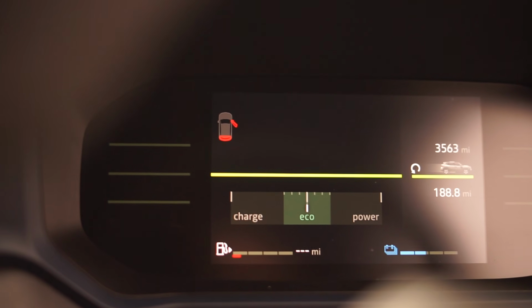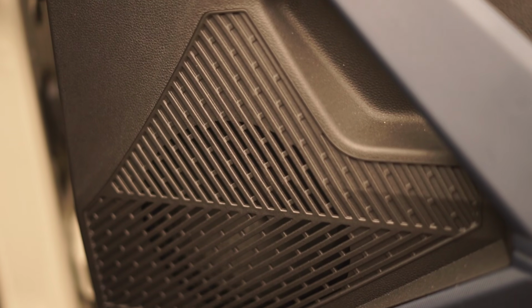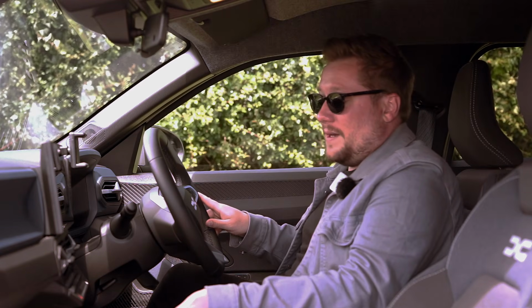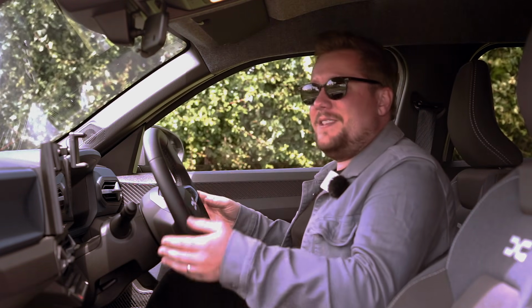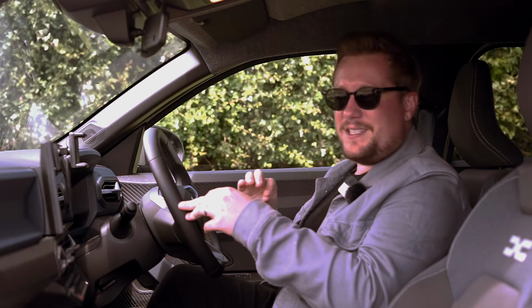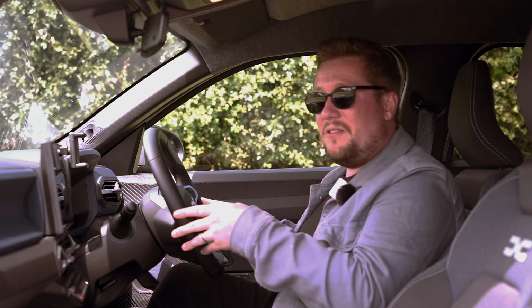However, if you go in and EQ it, suddenly it's a lot better. Just the standard preset they've got on it is not great. However, adapt it, no problem at all. There is a wireless car charger, there is buttons. Yes, certain things are hidden away, but there are actual buttons to play with for your climatronic, for your actual driving. There's no haptics. Now, the seats are incredibly comfortable and offer you this lovely denim colouring, and it looks